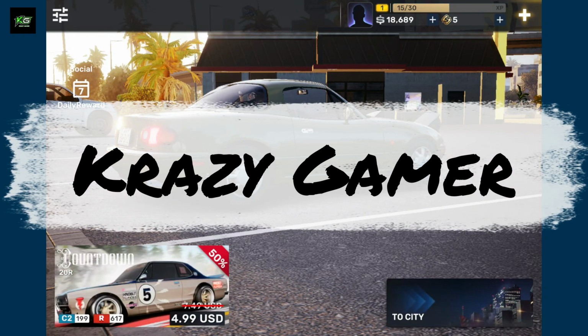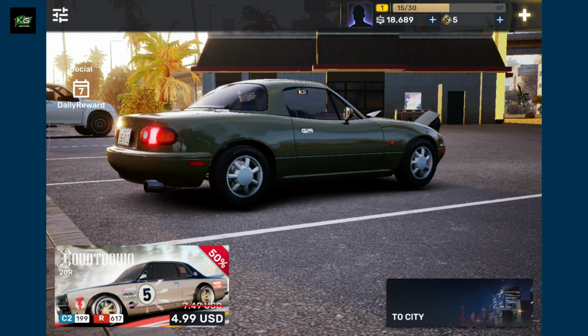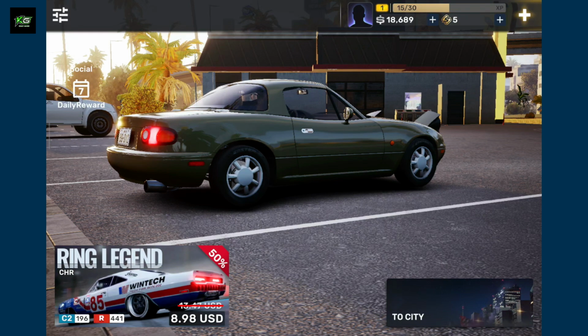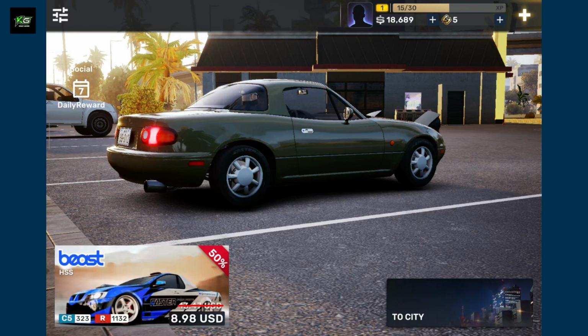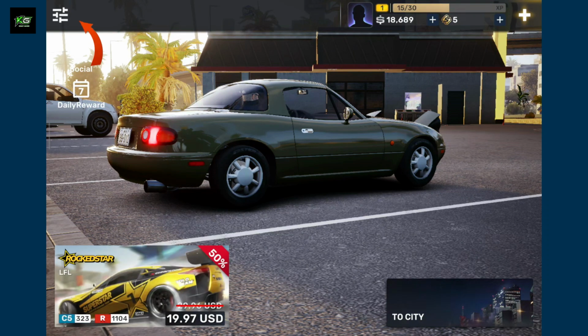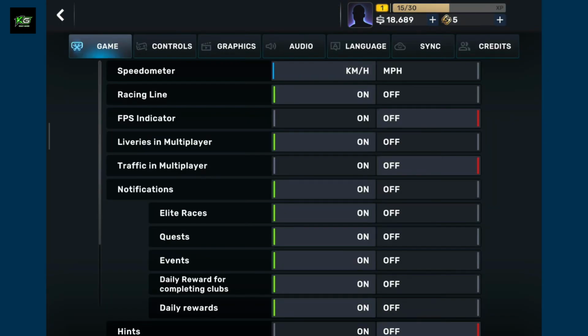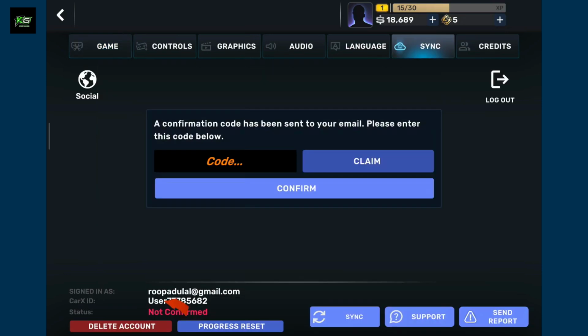If you're trying to find a way to delete your CarX Street account, then the process is quite easy, so let's get started. First of all, launch the CarX Street game on your device. Once you're inside the home page of CarX Street, go to the top left corner and tap on the menu button. Now, select the sync icon from the top of the screen and you will see a delete account button